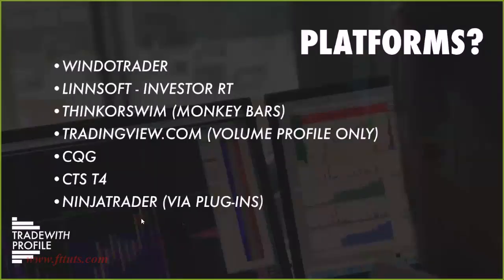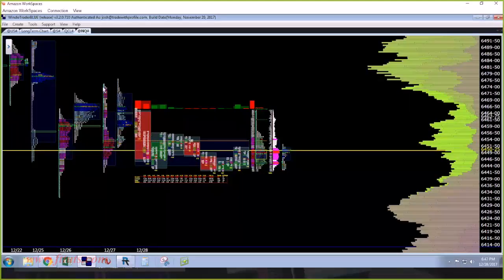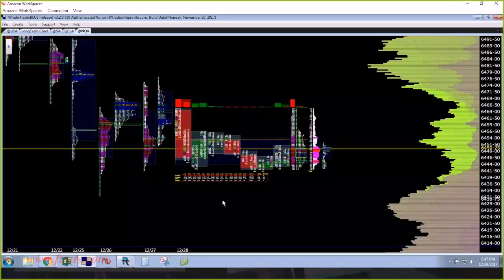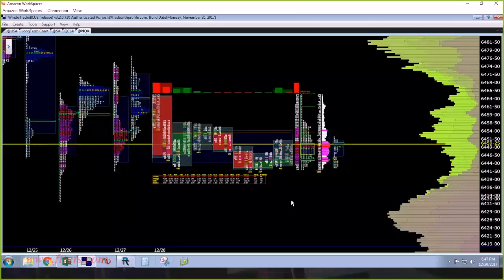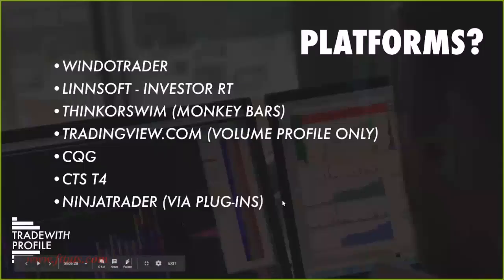The product that we're looking at right here is called Window Trader. This is really the Cadillac of products. About the best that you can get. It's also fairly expensive. I think of it as you pay for what you get. Linsoft from Investor RT, or Investor RT from Linsoft, is also a good product that offers both market profile